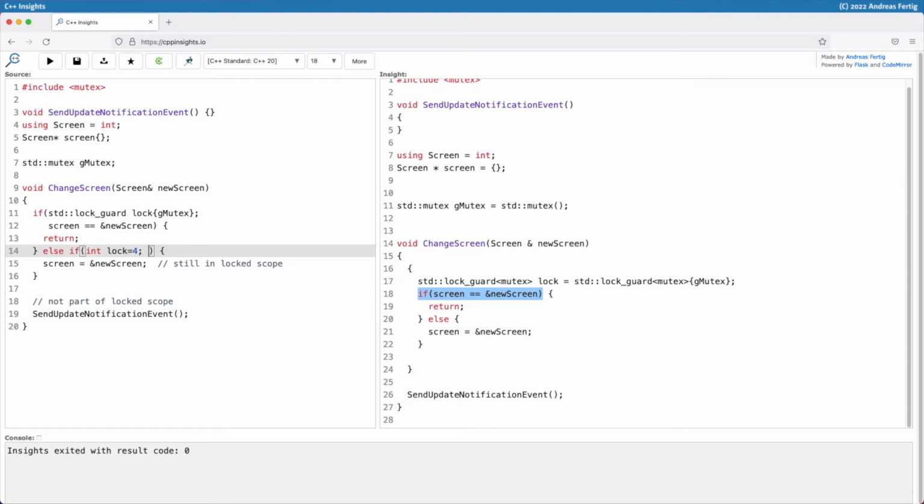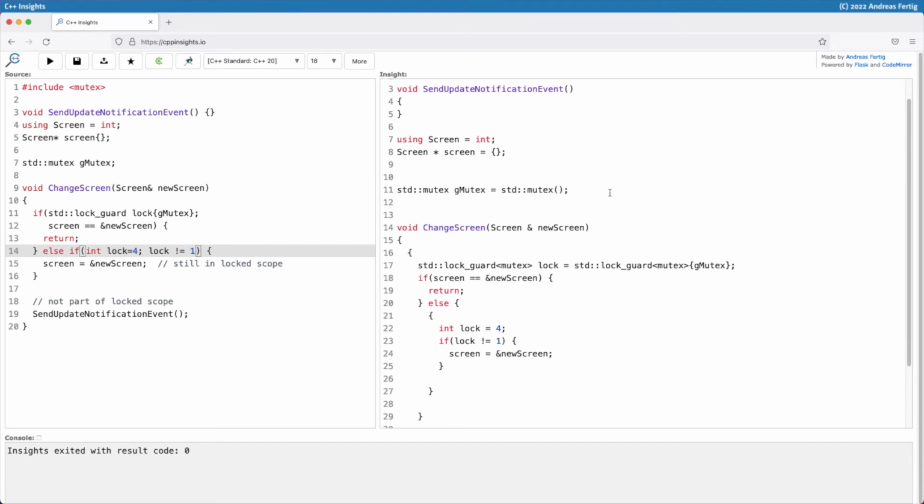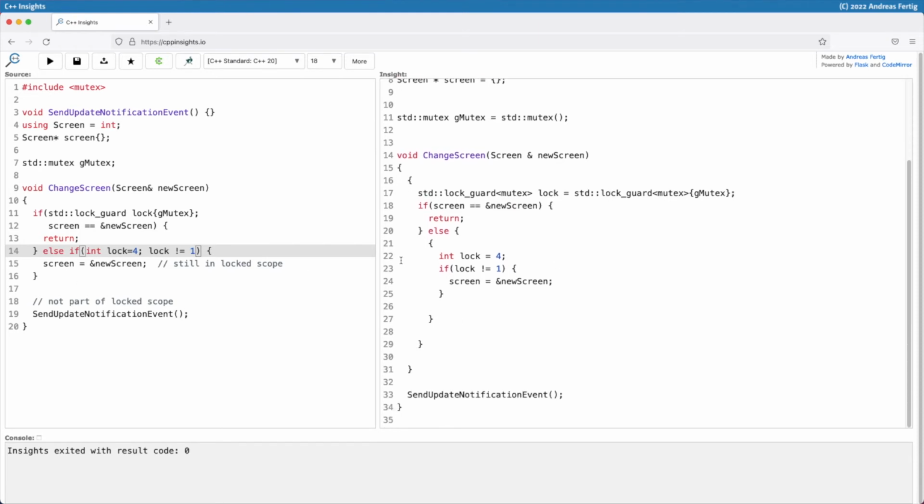And so I have an else if, I create a new variable there, call it lock, assign a value 4 to it, then I'm simply doing a silly check here: is lock not equal to 1, then go in that branch. So that's obviously nonsense code, but I'd like to show you the thing you have to watch out for. So each time we have an if with an